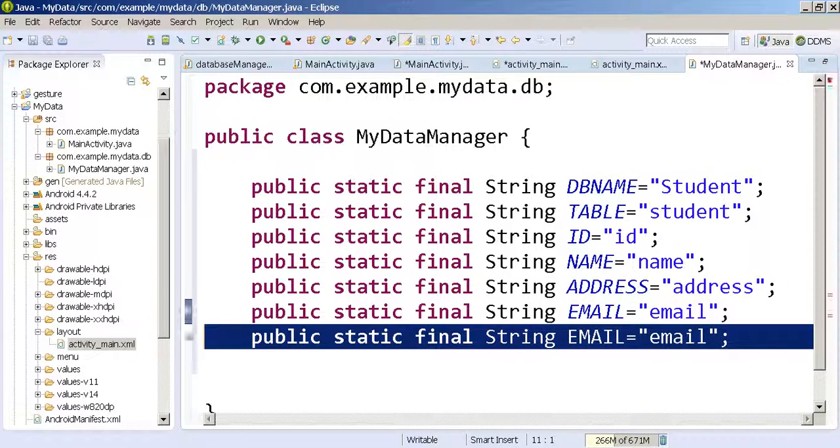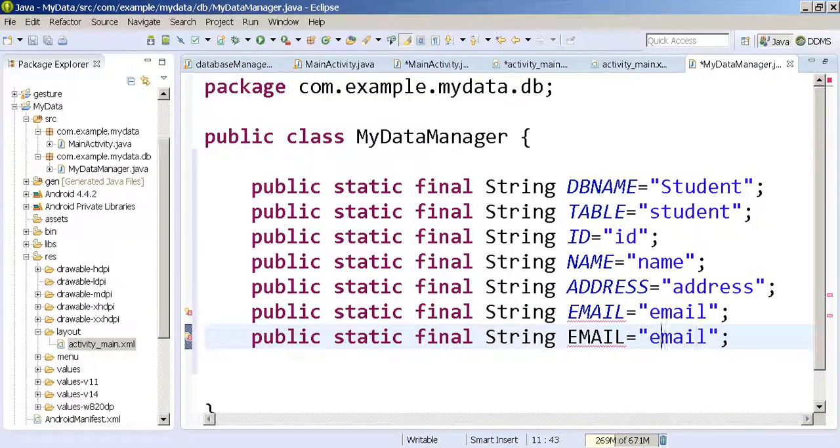Control Alt down arrow. Then we got the last one, that is the phone number. Maybe I call it phone. Simple. And here I say small phone. Okay, so these are some string constants which I created, so that this will help us in creating some table,